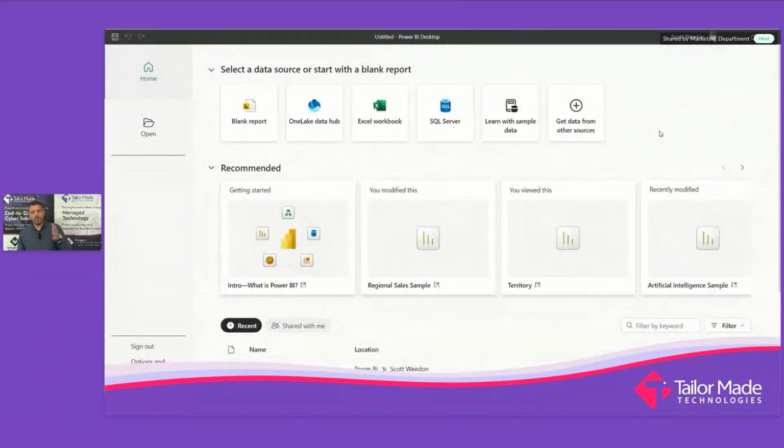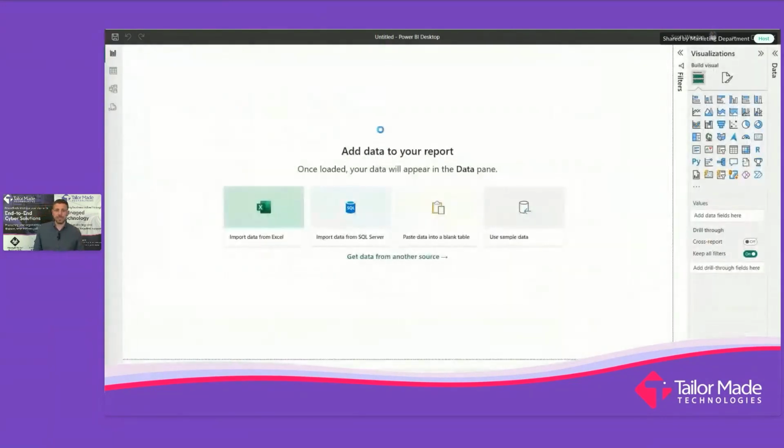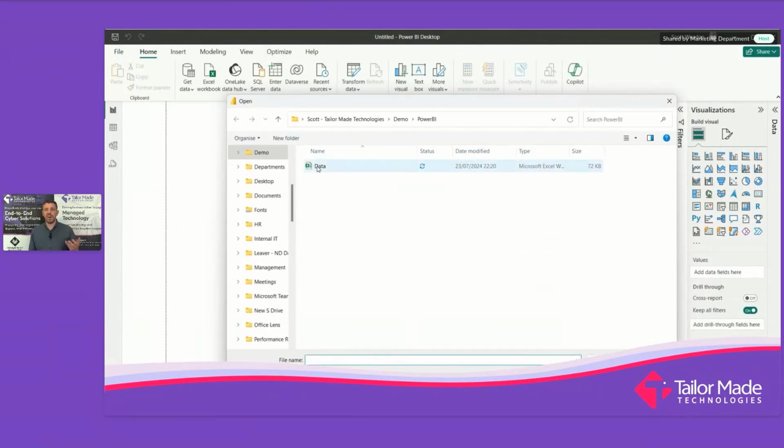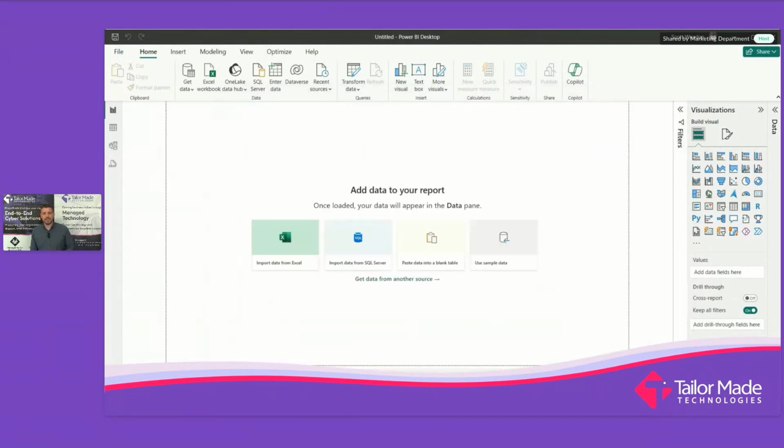So I've opened up Power BI Desktop here, okay, and I have a few options about getting started and what I can create. I can create a completely blank report, or I can start with a set of data. For the techies, you can do this from SQL. For the non-techies, we can probably relate better to an Excel workbook. So I'm going to pick an Excel workbook. I'm going to start with some data. This is the spreadsheet we saw a second ago. I'm going to choose that data, and Power BI is going to go off and read that information.